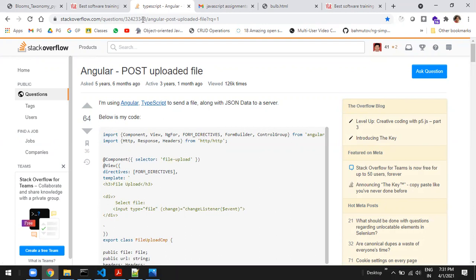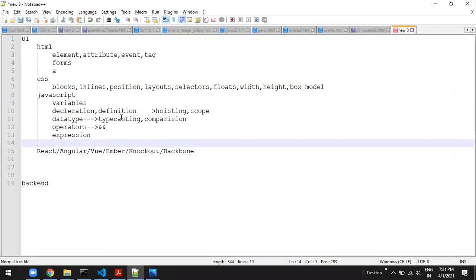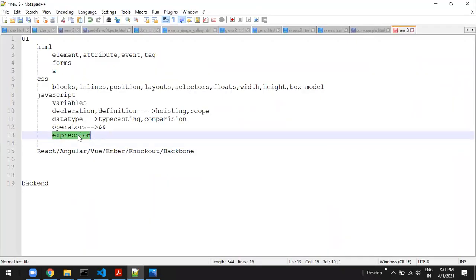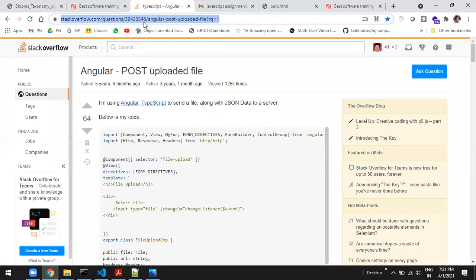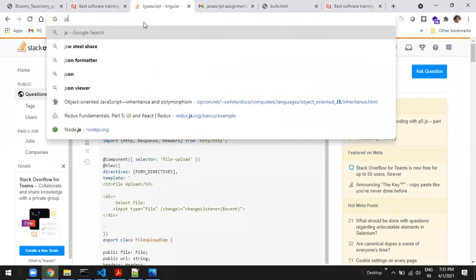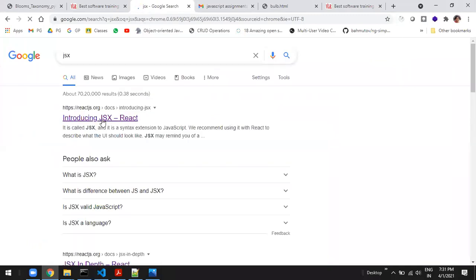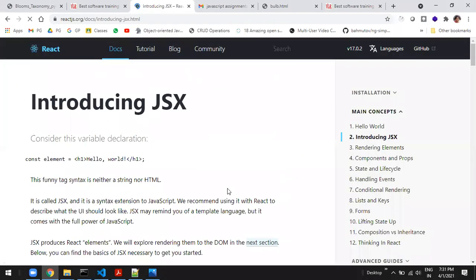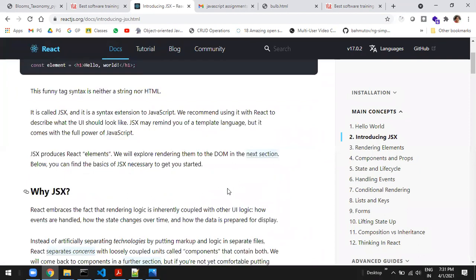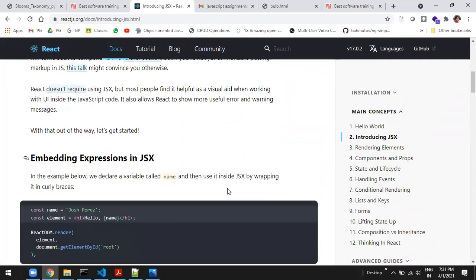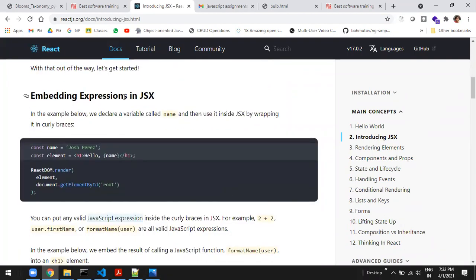The only simple reason is that you don't concentrate on this particular word called expression. Some people must have struggled with JSX also, where they write embedding expressions in JSX.